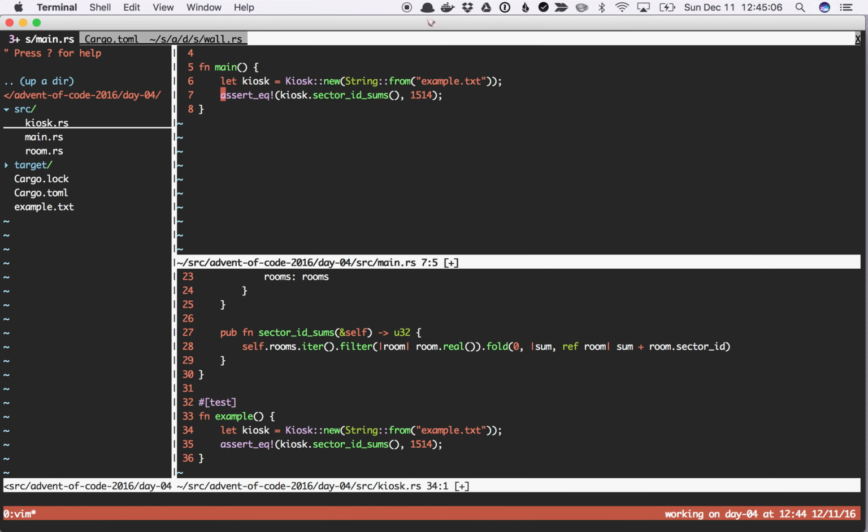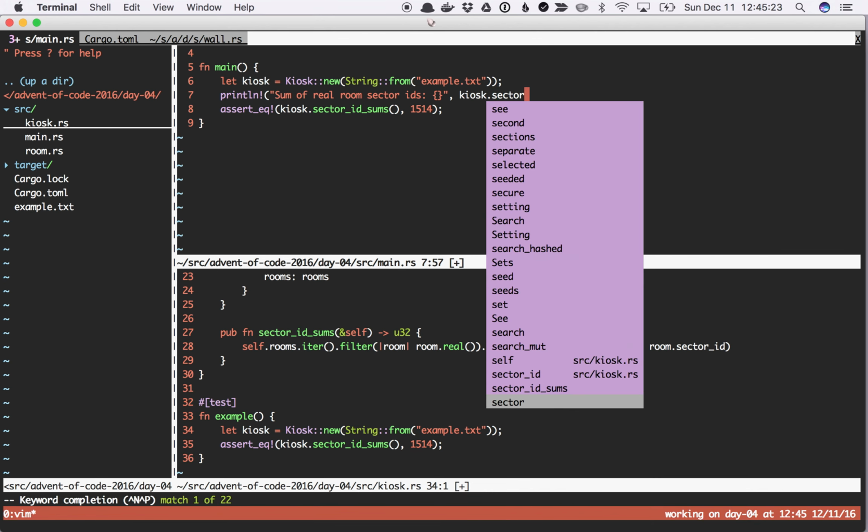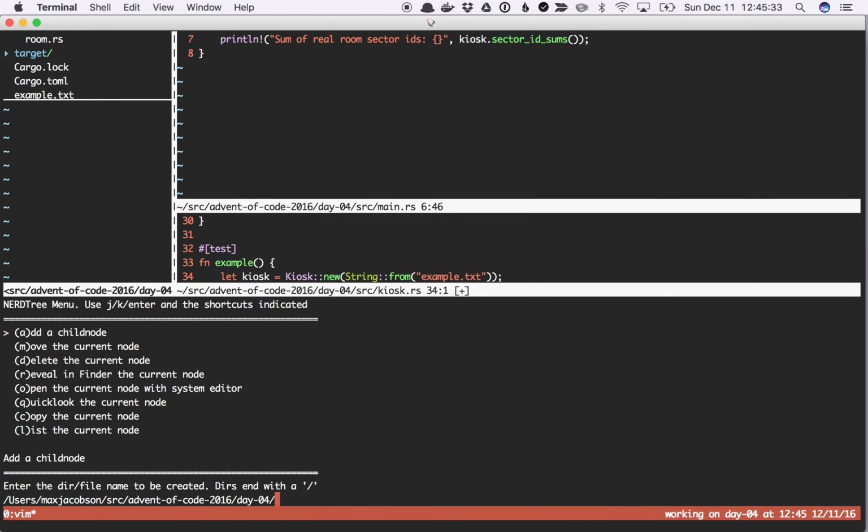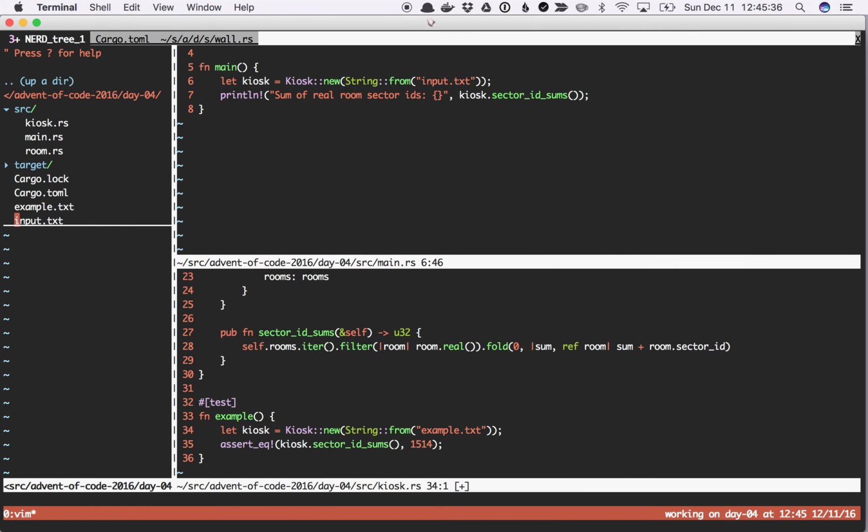And our main program is going to be pretty similar, where instead of asserting it, we're just going to print it out. We don't know what to assert because we don't know the answer. So we're going to say sum of real room sector IDs, and then we're going to say kiosk dot sector ID sums. And instead of reading an example txt, I'm going to read in input.txt, which doesn't exist. So